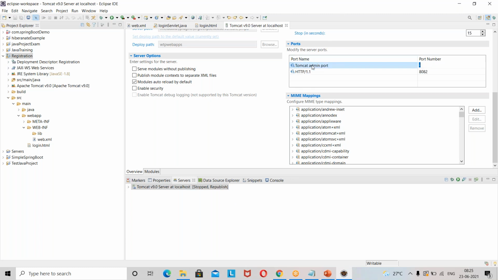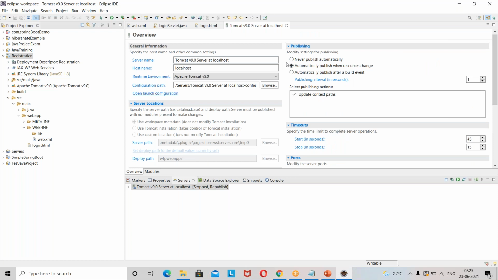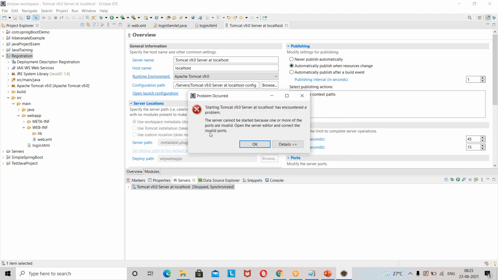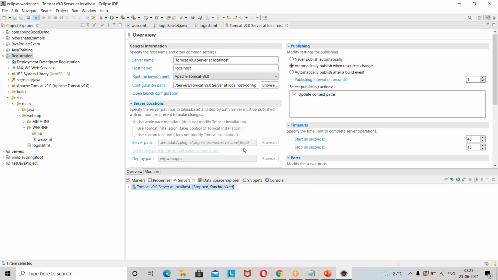I'm just saying this admin port number, why is it minus, like a slash? Why this? Editor mode.